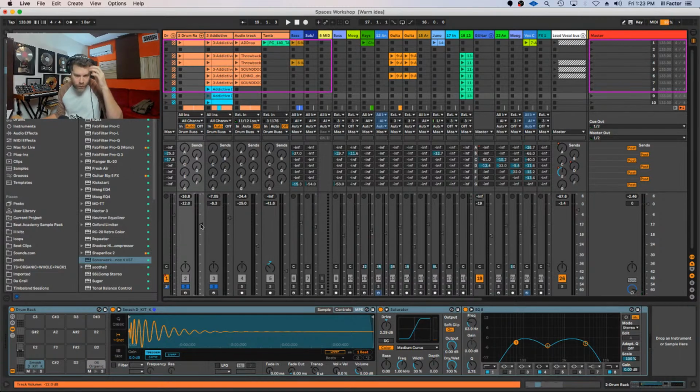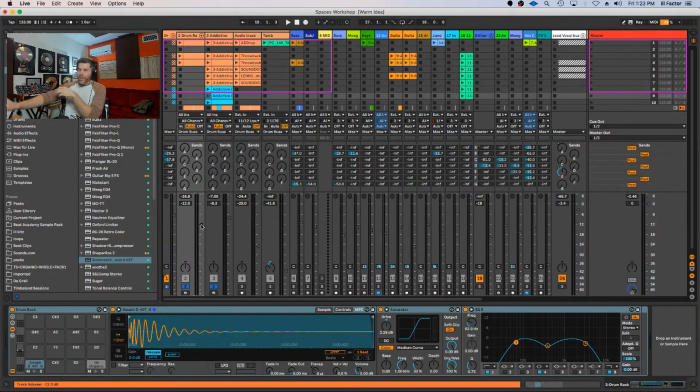Grabuster is asking, what about phase cancellation, Ivan? Well, I don't have to worry too much about phase cancellation. And for those of you who are asking, phase cancellation is where two sounds start to cancel each other out, because the waveforms are basically opposite of one another, so it's just canceling each other out.